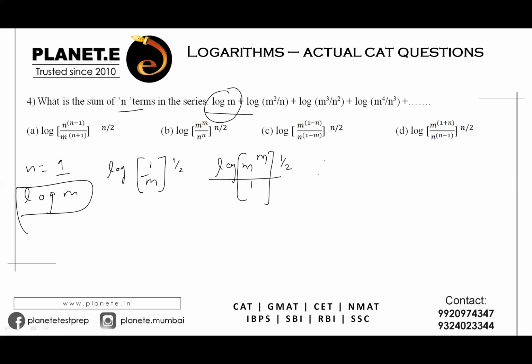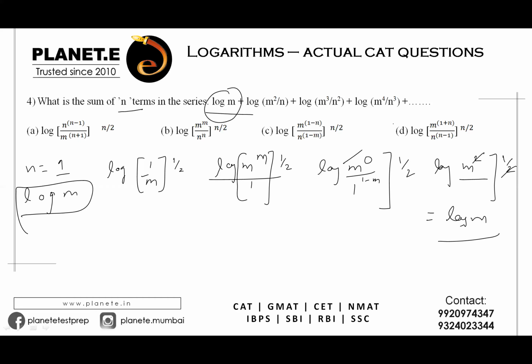Let's look at the third one. So log of m raised to power of 1 minus 1 is 0 upon 1 raised to 1 minus m, raised to half. So this itself becomes 1. So again, I'm not getting log m. Let's try the last option. Log of m raised to power of 1 plus 1 is 2 upon 1 raised to power of 0, that is 1 again, so you can ignore it, upon 1 by 2. So this 2 gets cancelled. I am left with log m, right? So this is the option that is satisfying the value. When I take n equals to 1, I get the series as log m, right? So your correct answer is the fourth option.